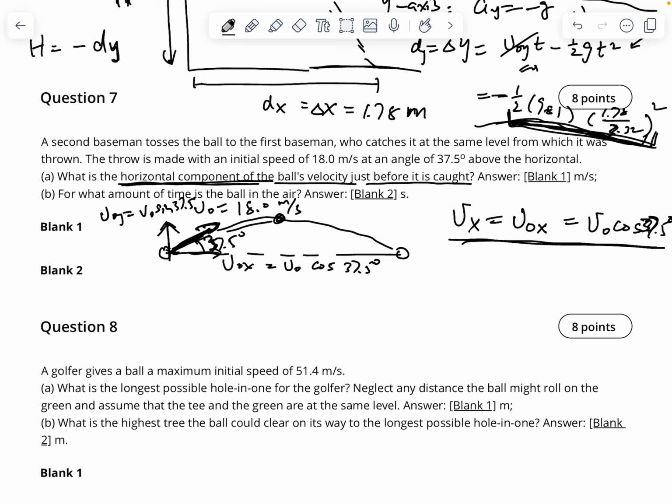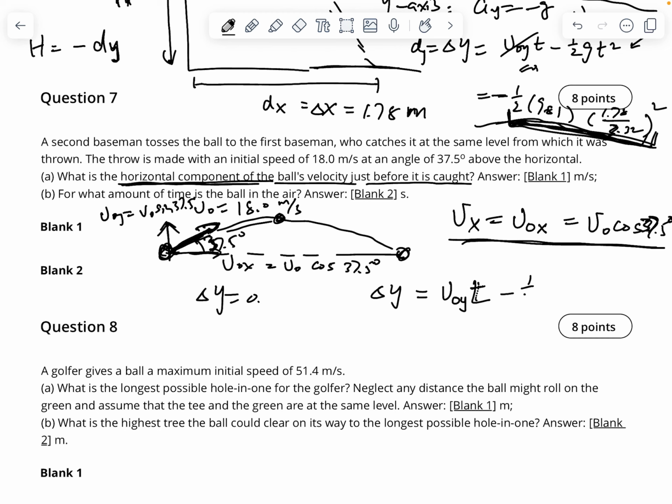We can also get the in-air time using the displacement in the y-axis. We know delta y is 0, since we start from here and end here at the same level. So in the y direction, displacement is 0. Also, we know delta y equals v naught y t